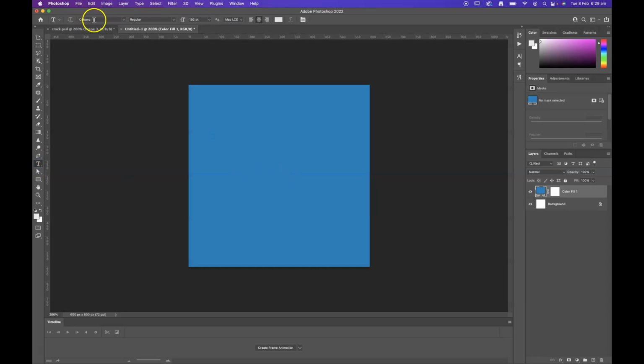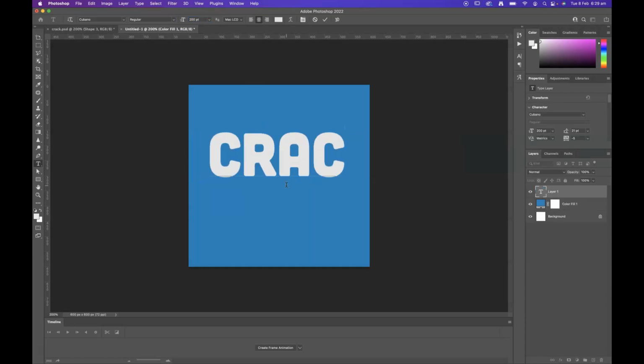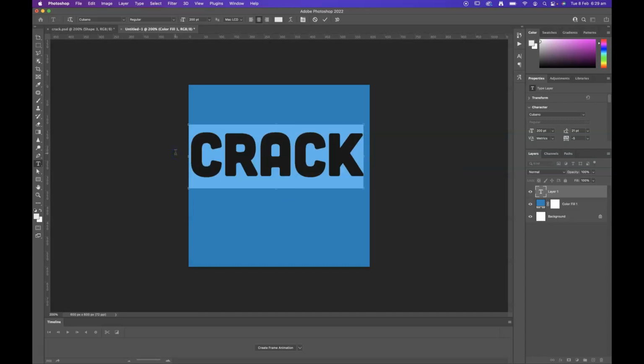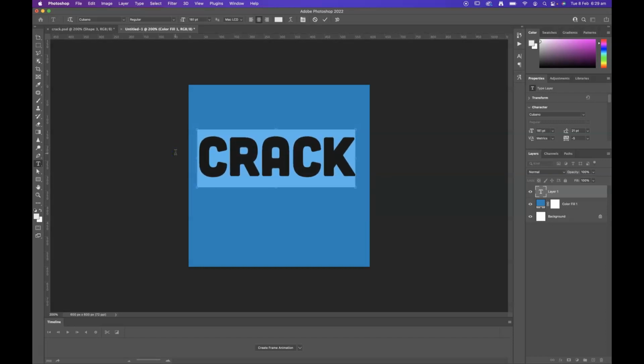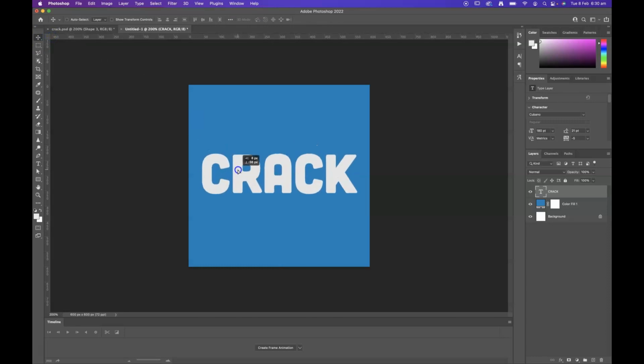I've already got a font that I'm happy to use at about 200 points. Less than 200 actually. 180. And that looks good to me. Just position it with the pointer tool,